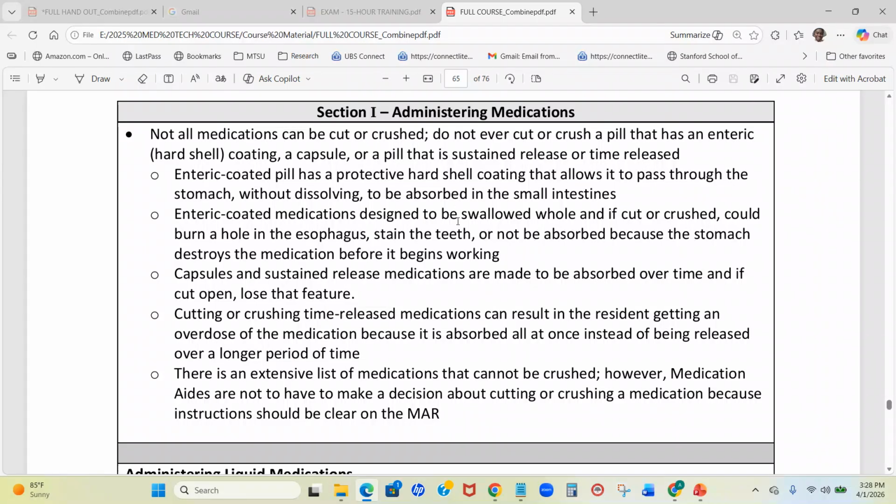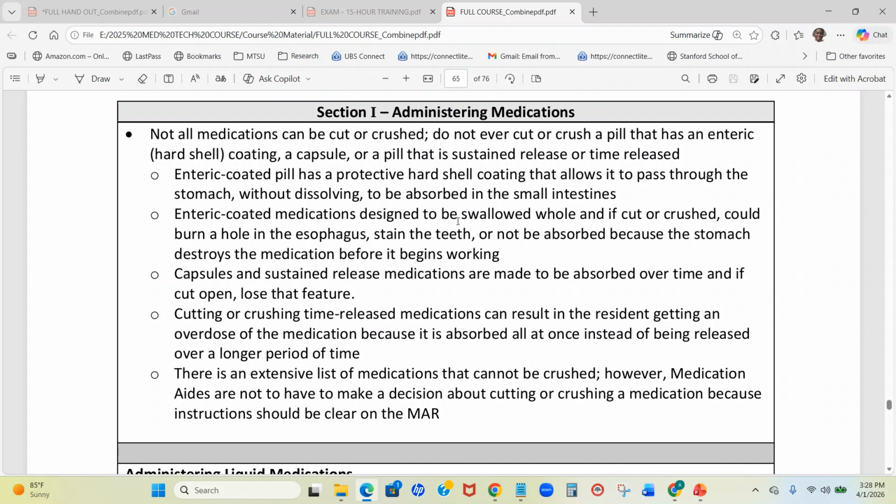Do not ever cut or crush a pill that has an enteric coating, the hard shell coating, or a capsule, or a pill that is sustained release or time release. Enteric coated pills have a protective hard shell coating that allows them to pass through the stomach without dissolving. So all these enteric coatings and capsules go into the small intestines, and that is where they release their effect. So crushing it in the stomach, it might not do its job properly